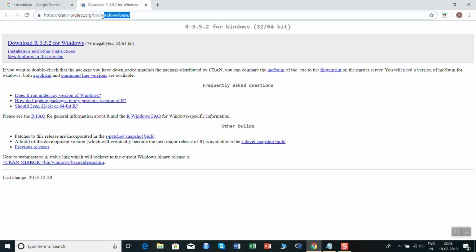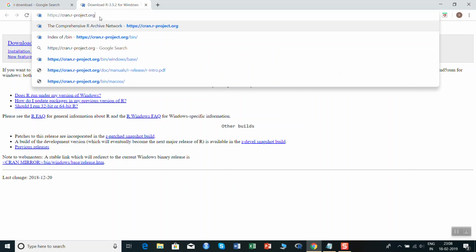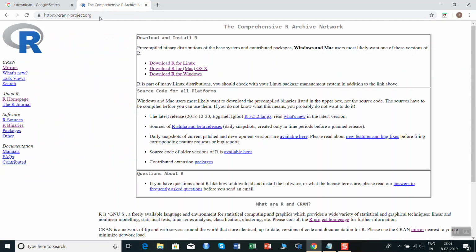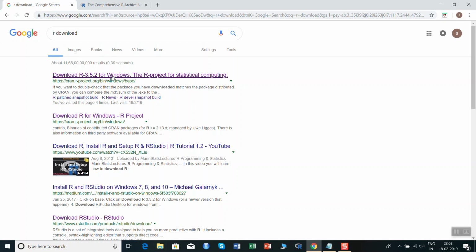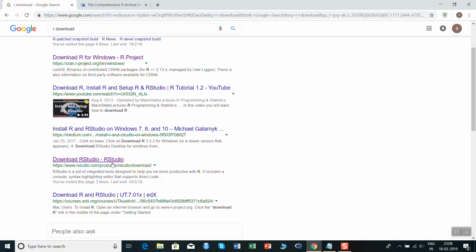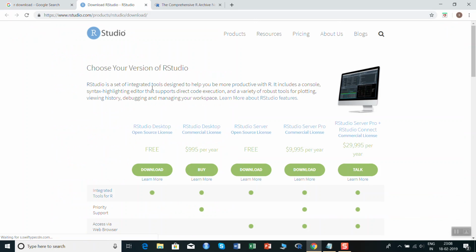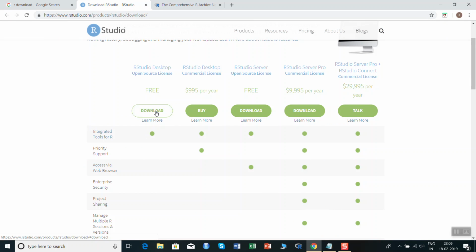Now how to download it for other platforms? You just delete this. This one is for Linux and this one for Mac OS. Nowadays another thing is very popular, which is RStudio. But one thing you need to know is before downloading RStudio, you need to have R in your system. So after downloading R, we can click on this. Another setup file will be there, and we can run the setup file. Then RStudio will also be there.